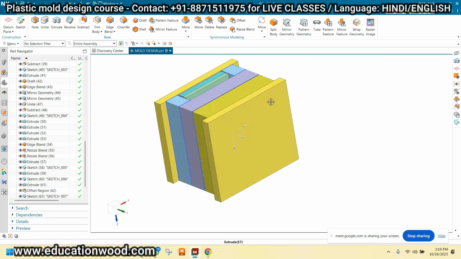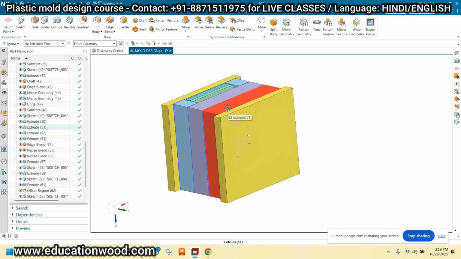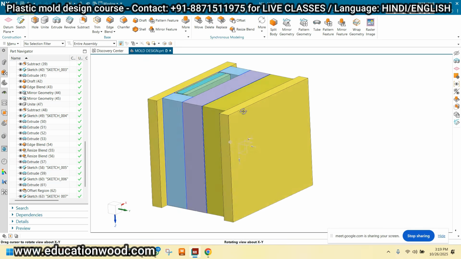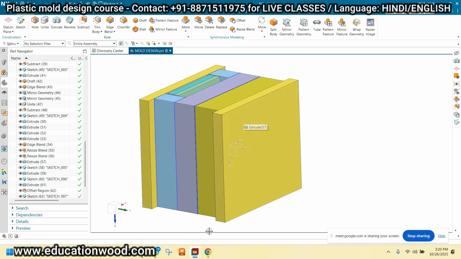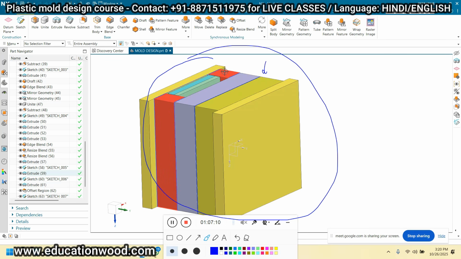Understood? Okay. Now for example, you want to calculate the guide pillar diameter. So how can you decide the guide pillar diameter? Tell me. See, basically, guide pillar diameter depends upon the complete weight of the mold base, and how much length of the pillar you need.